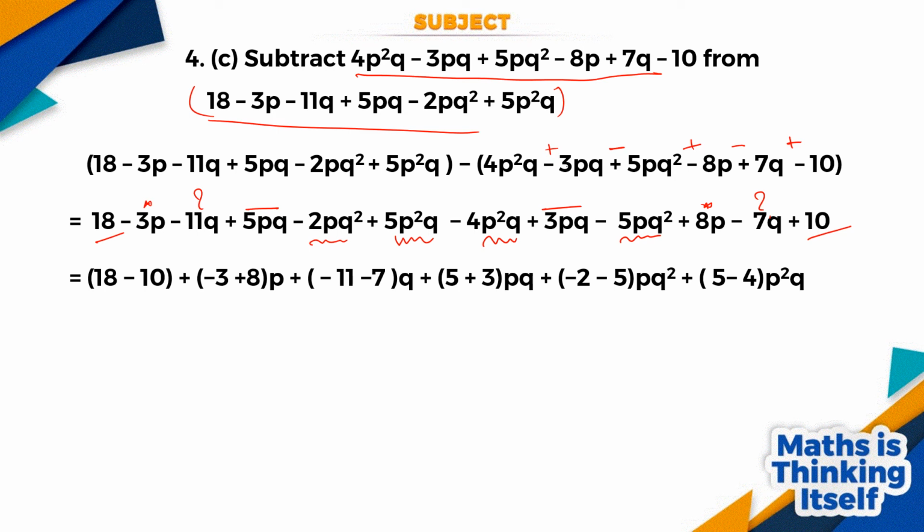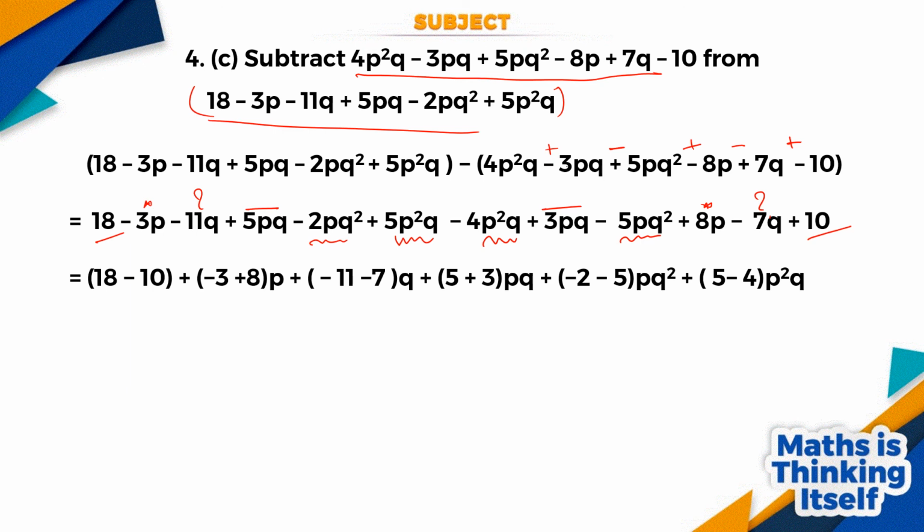In this different way we can also write the steps. In the previous example, we could also solve in a different way. Here we write the coefficients in the bracket and the algebraic factor outside the bracket. After writing this step we can do the calculation. 18 minus 10 gives 8. Minus 3 plus 8 gives 5, because we have to know the integer rules. First we take the difference, 8 minus 3 gives 5, and the bigger number is 8, so the positive sign is there.